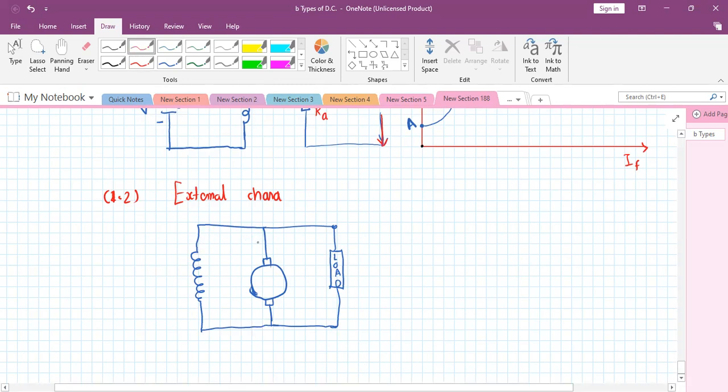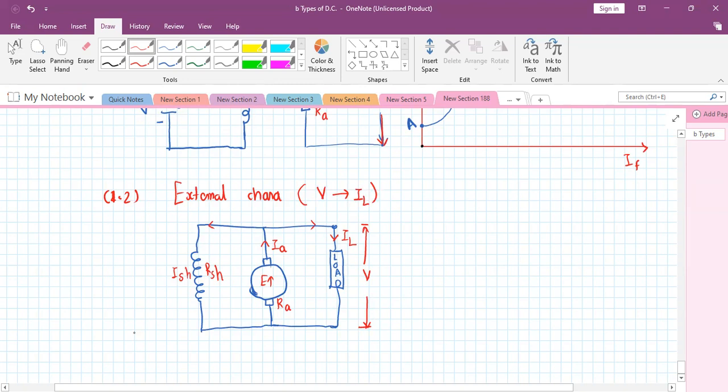The current passing through produces the EMF. The armature resistance is RA and the current flowing is IA. It is divided into two paths. The current going this way is the load current, and the current going this way is ISH, the shunt field current, because it is a shunt field winding. Its winding resistance is RSH. Now we want to draw the external characteristics. External characteristics means the terminal voltage across the load, so it is a characteristic of V versus IL.